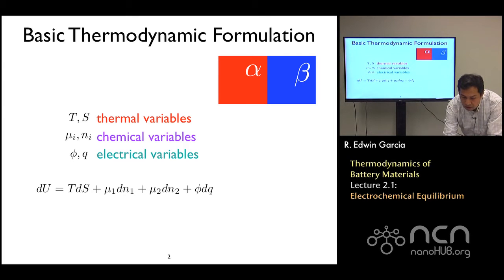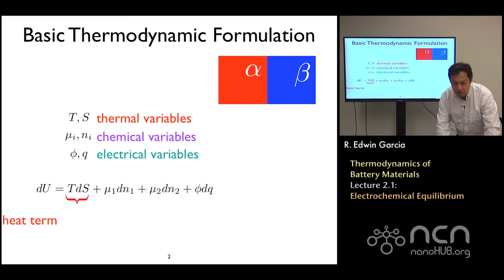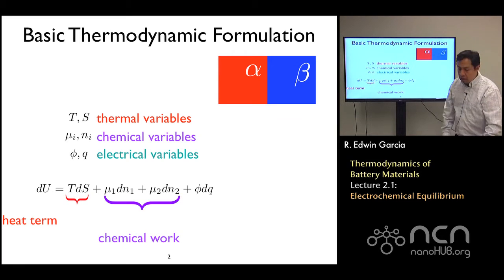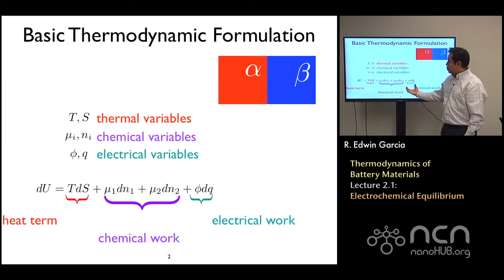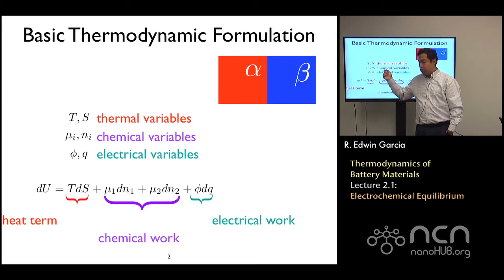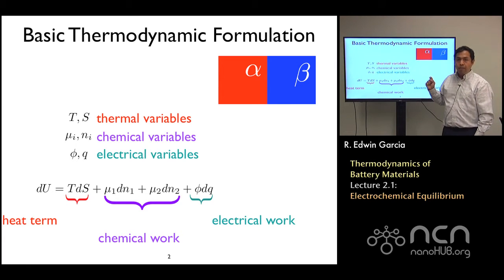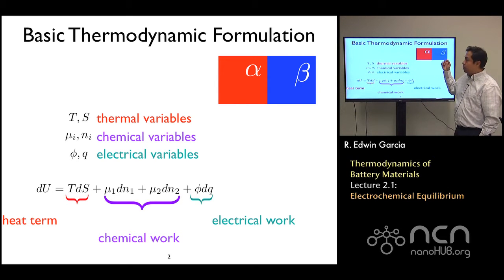Now, that said, I'm just not going to identify the terms. There's a heat term, as you can see there, okay, a chemical work term, and some electrical work contribution. Okay. Overall, again, each of these contribute to the actual thermodynamic state of each of the phases, and what we want to do is define a system where phase alpha and phase beta exchange energy with the surroundings, so that we can find the state where this system, when they're both in contact with each other, is in equilibrium. So what we're going to do is put some imaginary walls across this boundary of the alpha and beta